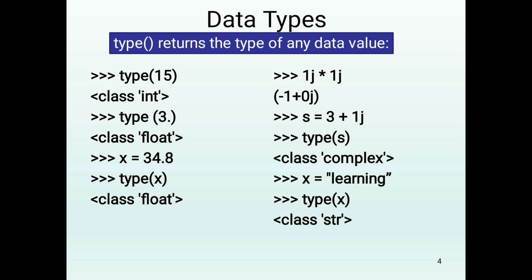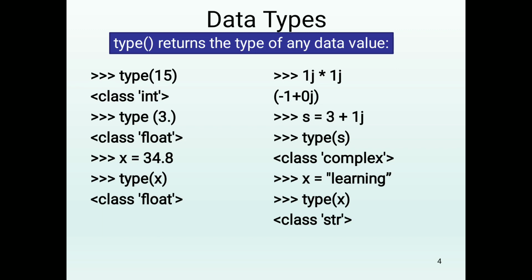Similarly, 1j, which is a complex number representation, so that s is equal to 3 plus 1j, which is nothing but a real number and an imaginary part, right? A plus xi, b plus yj, like that. So this j will be used for representing the complex number. So s is equal to 3 plus 1j is the complex number assignment. If you want to know the type of s, you can give type of s, and it will return the data type as class complex. Similarly, for the string data type, x is equal to 'learning', type of x will return class string. So the type function will be used to know the data type of a particular variable.